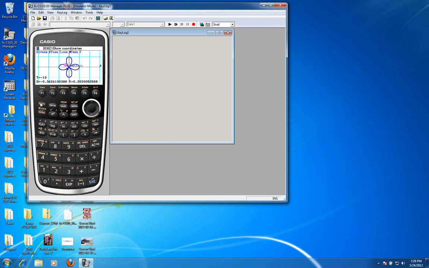So let me change this window so that we do in fact have a theta min at 0 and a theta max at 2 pi. That should be all it takes. And pi is at the bottom, and it's a shift. So there's 2 pi. Exit and draw. And voila, there we go. So now when I trace on this, this will make some sense. So I'm starting at t equals 0, and I'm at the far right.